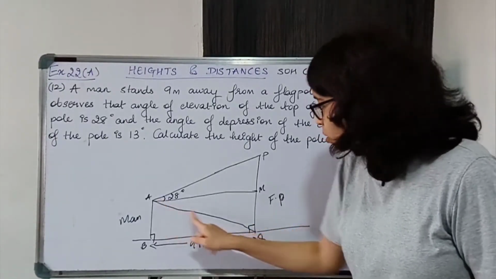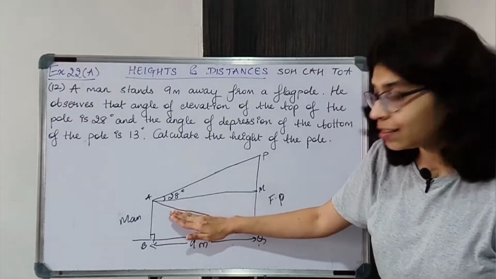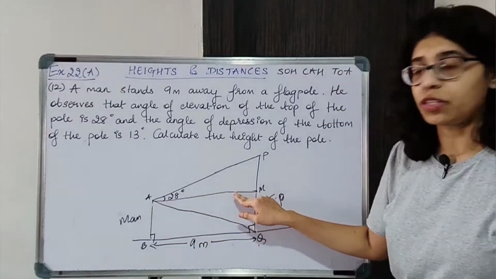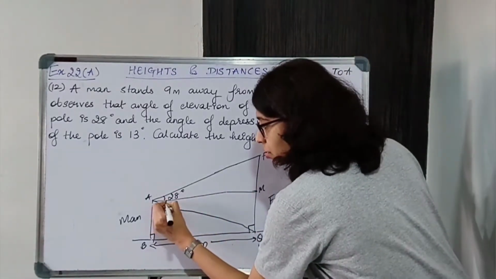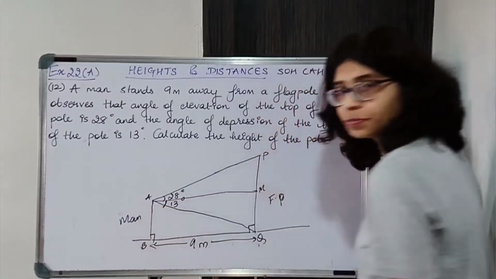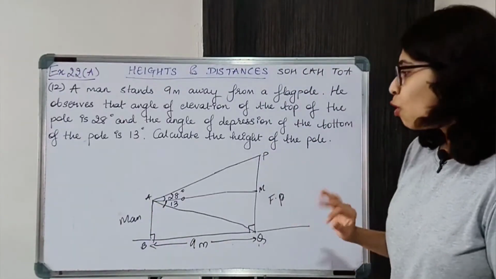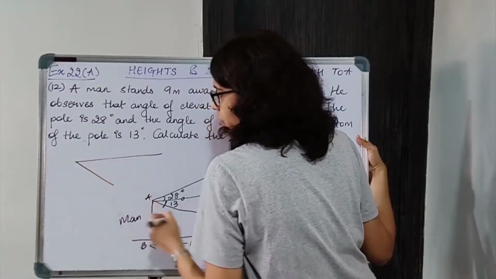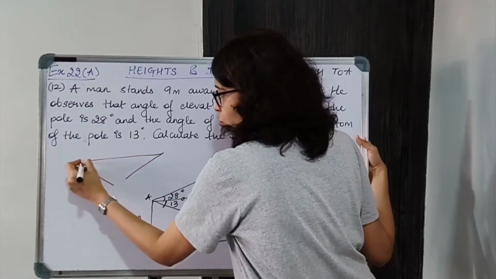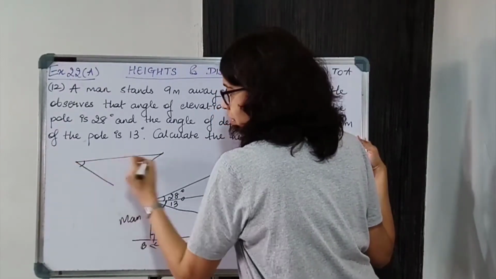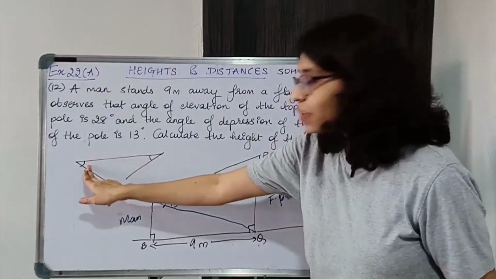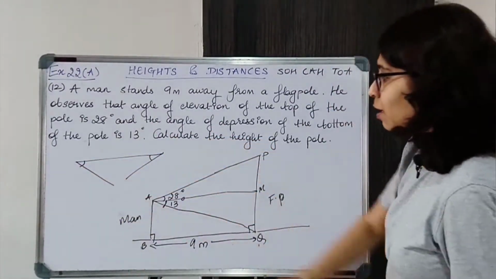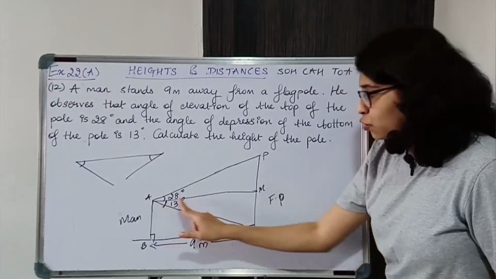Now when he is looking at the bottom of the pole, this is the line of sight and this is the horizontal. From this same point, the line of sight and the horizontal, the angle between the two is the angle of depression. Okay, so in angle of depression always keep in mind there is a horizontal and there is some angle, and here the horizontal is from here. So the line of sight is like this and the angle is like this. Okay, so either this way the angle of depression or this way. Okay, here on the left is the angle of depression. So the angle of depression is 13 degrees.